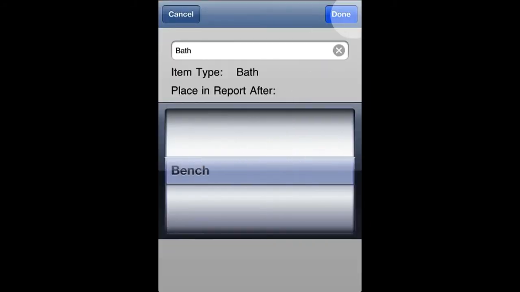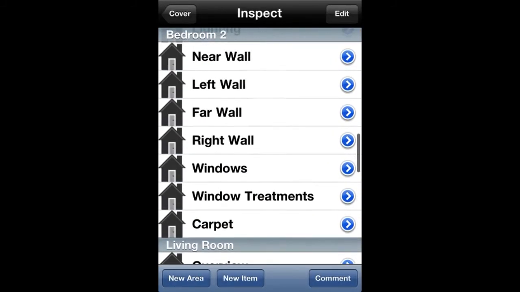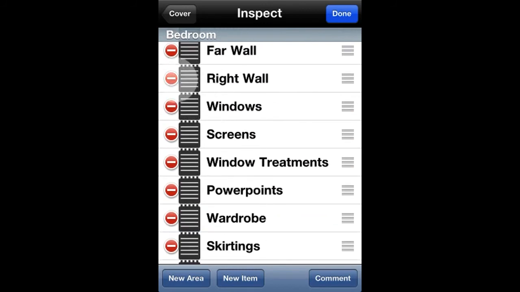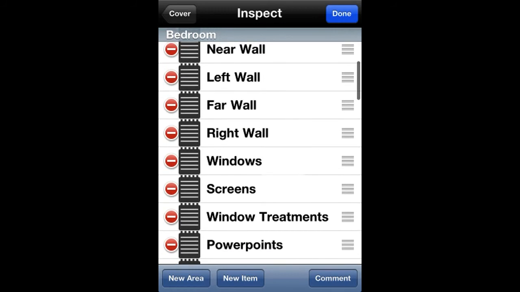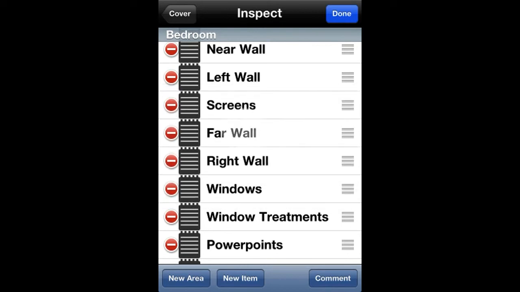If at any time you feel that the order of your areas needs to change or the order of items within an area needs to change, you can achieve this by tapping the Edit button. The red circle on the left of each item allows you to delete it as per the previous swipe to delete demonstration, but the grip icon at the right of the item can be used to move it up or down the list. Hold the grip icon until the item is highlighted. Next, move the item up or down until it appears where you want it in the list, and then let